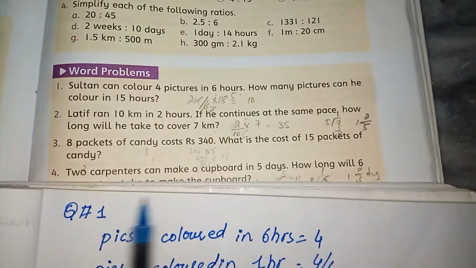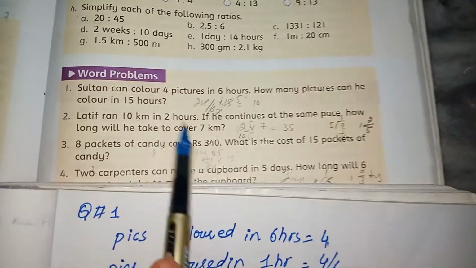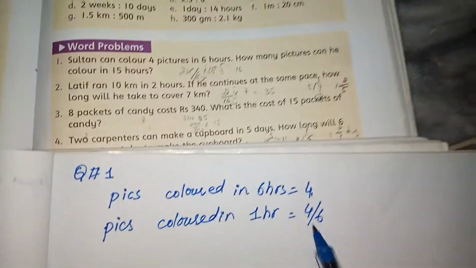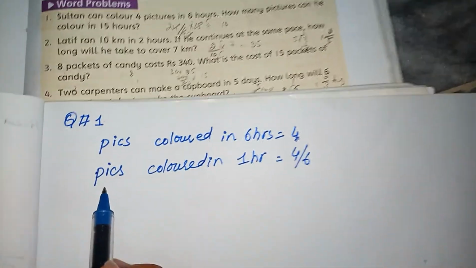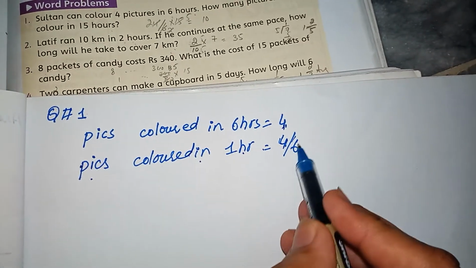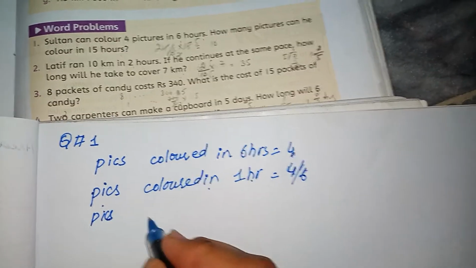So the way to write the statement is: how many pics colored in 6 hours? They were 4 pictures. Pictures colored in 6 hours, they were 4. And how many pics colored in 1 hour? We will divide these 4 pictures by the number of hours, and he has to color the pics